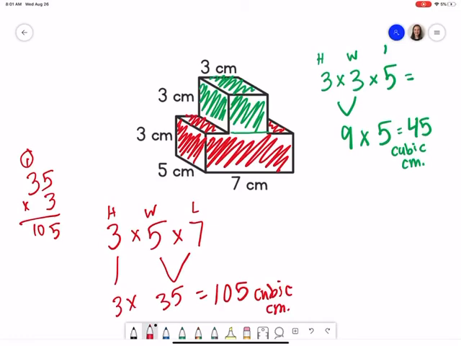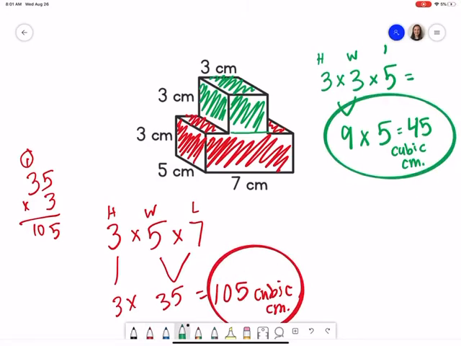Okay, so now we have the volume of the red, and we have the volume of the green. What are we going to do to find the total? So this is the total. The total is everything. To find total volume,